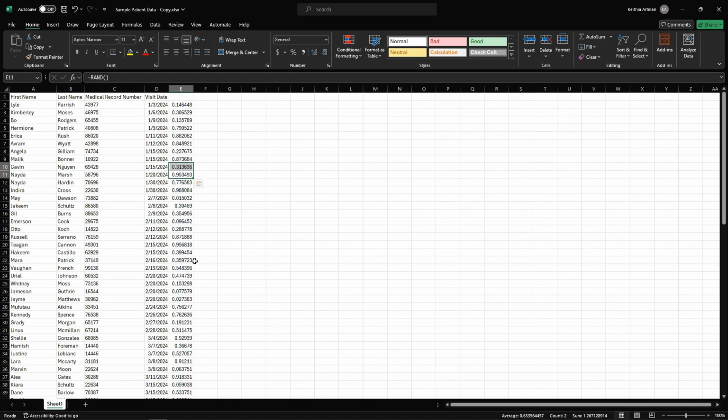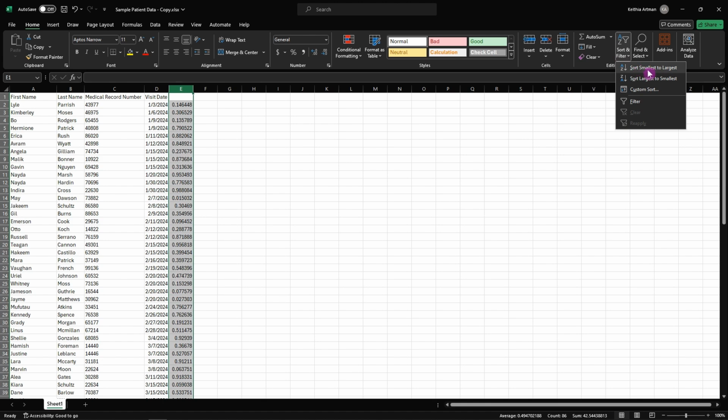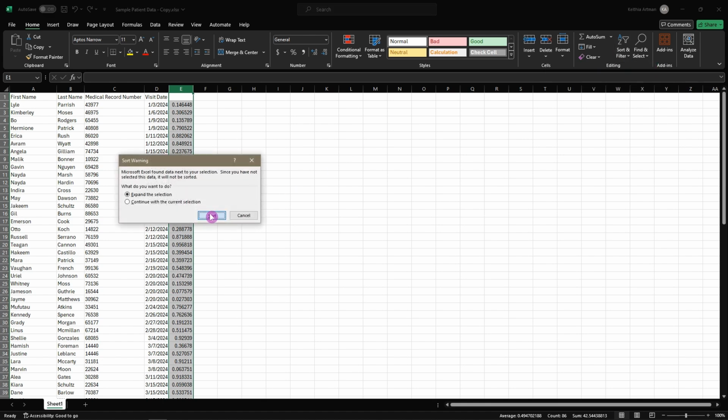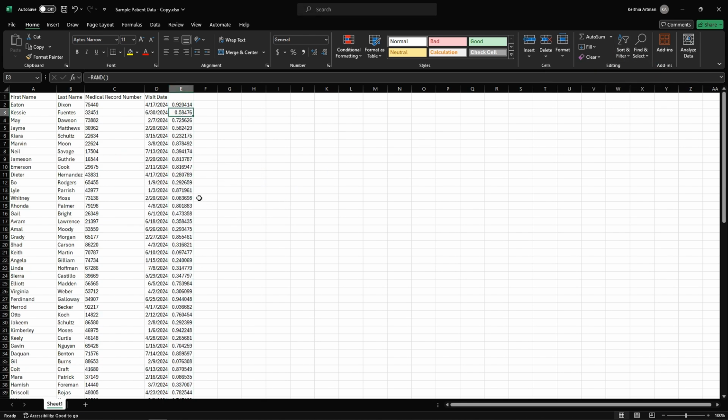So what you can do now is just go ahead and select the entire column, then go to sort. We will sort by smallest to largest. Okay, and there you go. It will now list the charts based on the random order. So now here you can see I have the first patient, they have a visit date of 4/17, and the next one 6/30, and the one after that is